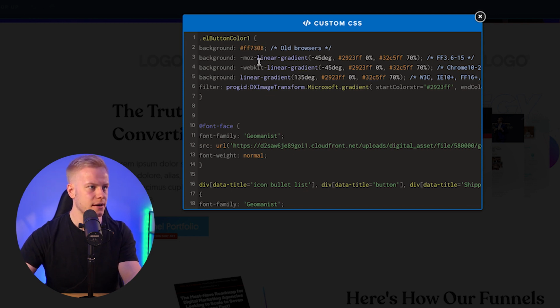Okay. And then I want it to go from this color to this one, and the percentages are basically where the gradient shift starts and ends and that sort of stuff. So I'm just gonna change out all of the beginning,